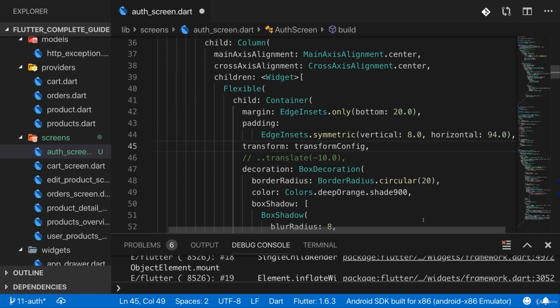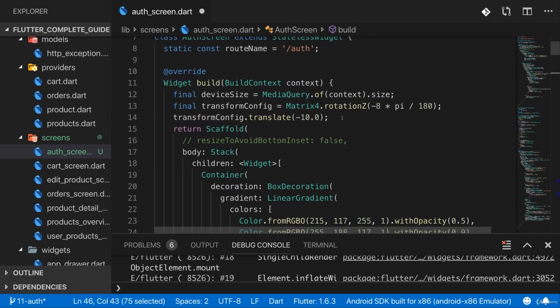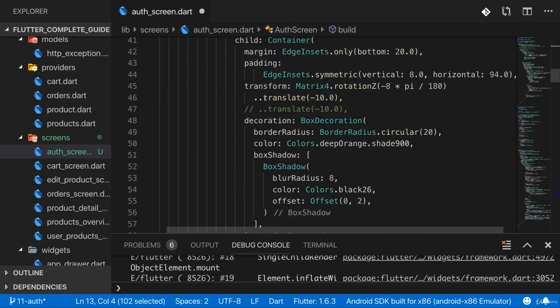There's nothing wrong with doing it like this, but to avoid having to set this up across multiple lines, you can use this double dot notation, because this basically allows you to have a statement that would normally take a variable and 2 lines of code in 1 line without a variable, because you don't return what translate returns, but you instead return what the previous method returned, in this case what this constructor returned, which is a matrix object, and then you just execute this on this object before it is actually used here in the argument.